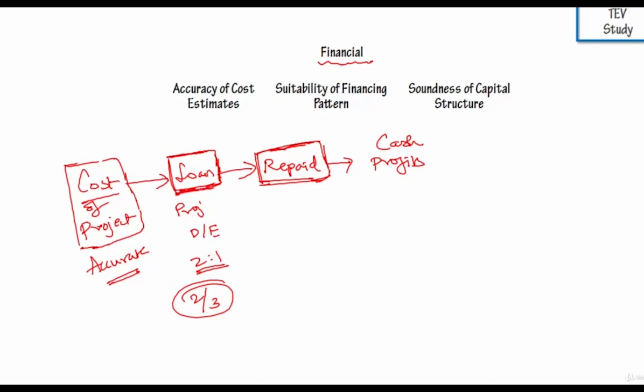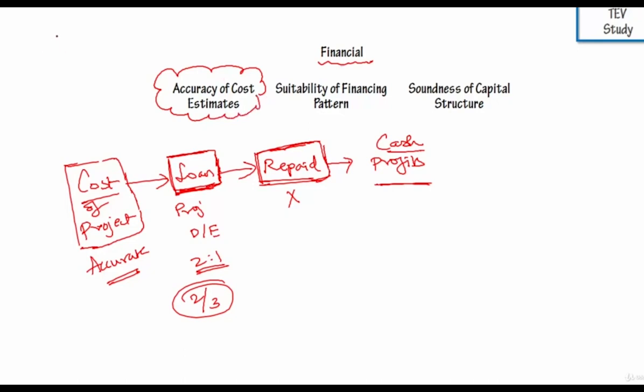It means the cost is wrong, the loan is high, and it will not get repaid because you have inflated cost, but you cannot have inflated cash profit. Cash profit will be actual. So this is going to affect the repayment of the loan. That's why accuracy of cost estimates is very important, and this will be taken care of at the TEV report level itself,